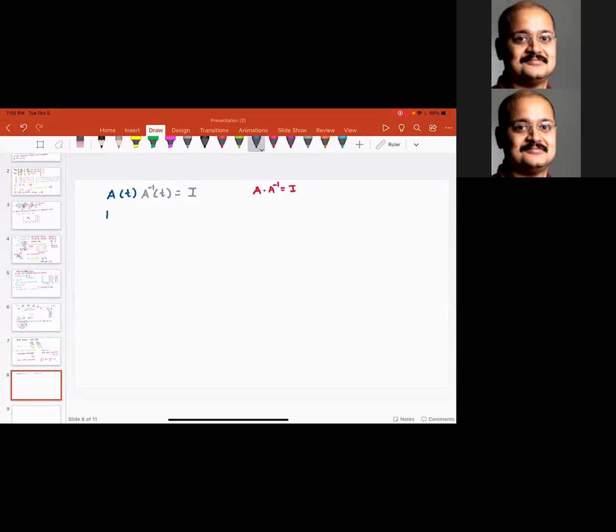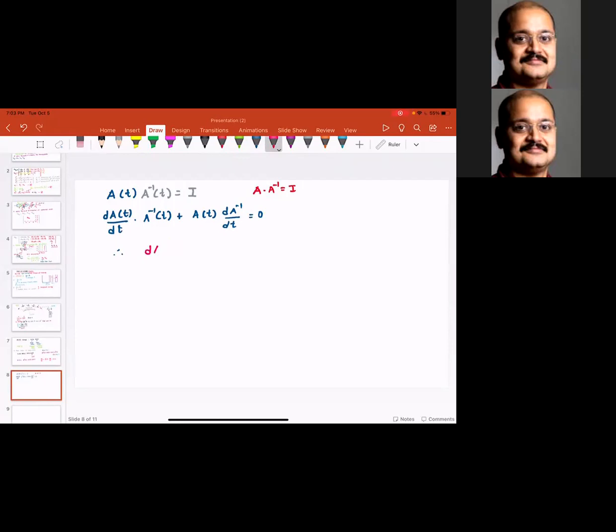So if I want to find out the derivative dA(t) by dt, I can use the chain rule, and that gives me this equation. And this equation is sometimes useful to find out. So just to give you an idea,